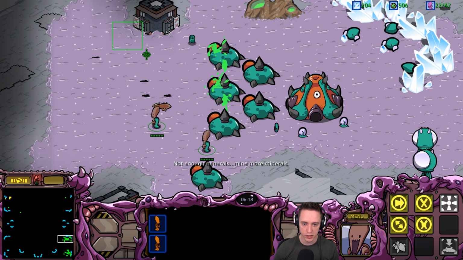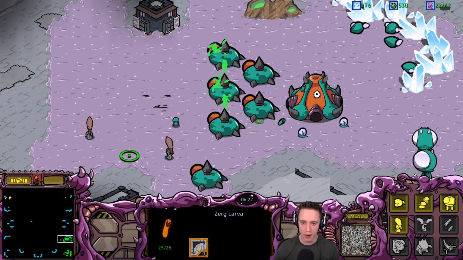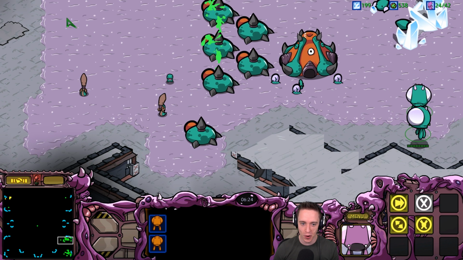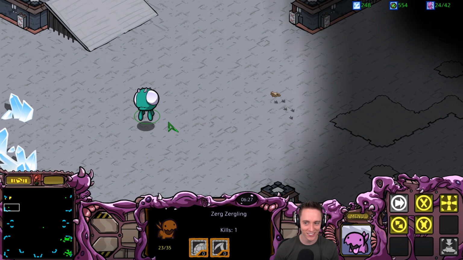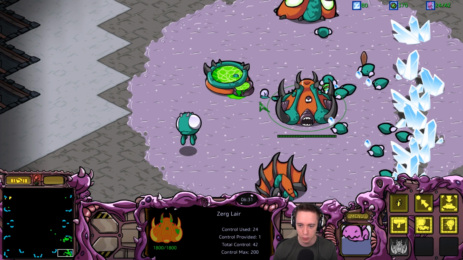Okay. And it looks like we are indeed going to be able to hold on here. Very nice. Now you can't uproot these. No uprooting the spines here. Or the sunk. Whatever, guys. I'm going to call them by their StarCraft 2 name. And it's going to be disappointing to some of you, but...